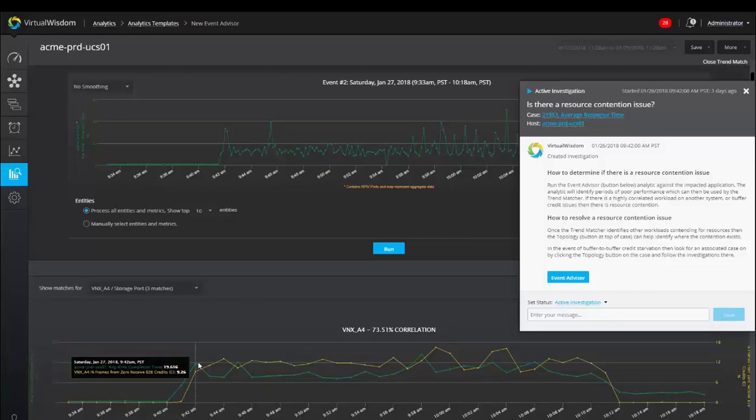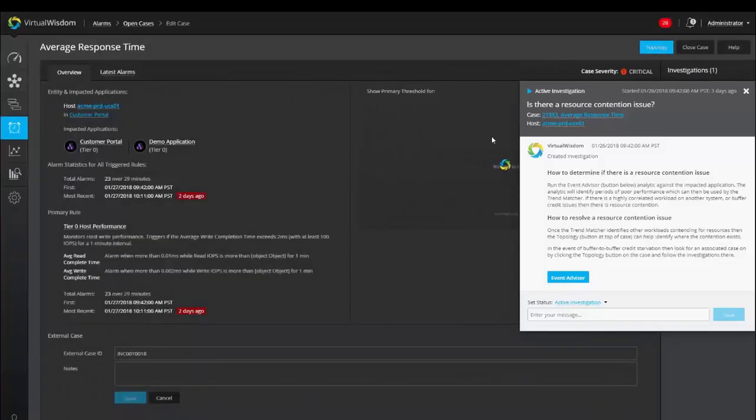And we can see that when the storage port begins having flow control issues, the write response time of this host goes up significantly. And when the storage array is done flow controlling, the response time of the host goes back to normal. So we have a good correlation here. And our investigation says in the event of a buffer credit starvation, look at the associated case by clicking on the topology. So if we go back to our case and we look at the topology,